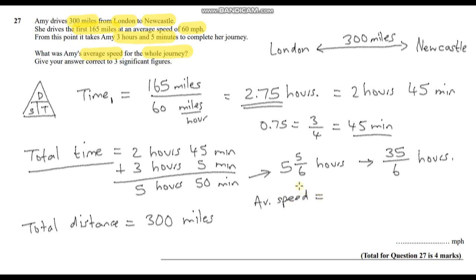Well, that is going to be the total distance, which is 300, divided by the total time, which is either one of these. Let's use this one here, so 35 over 6. So let's just pop that into a calculator. So 300 divided by 35 over 6, and we get